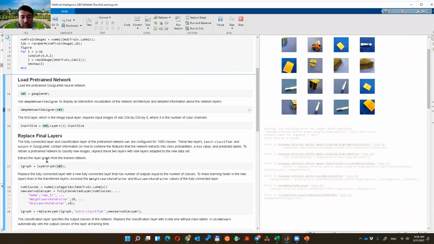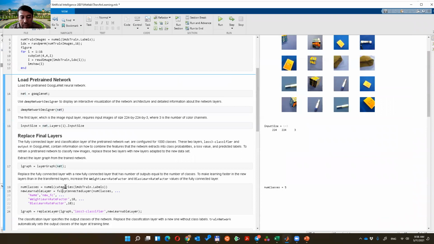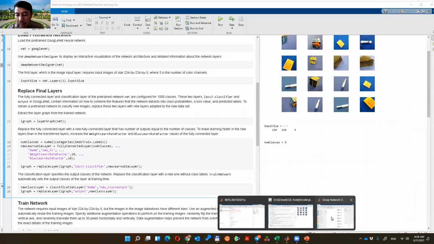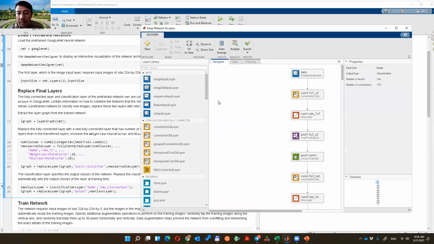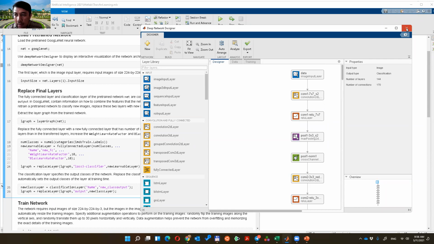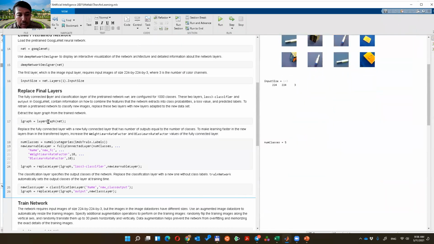How do you need to replace? Because the number of classes now is only 5, I need to replace it with 5. Then replace the last layer. But because they have the parallel layers, it's not as easy as AlexNet. So for trying, maybe you can try the AlexNet as the starting point. Why can I not have this one? Hold on. Let me close that one and run again here.